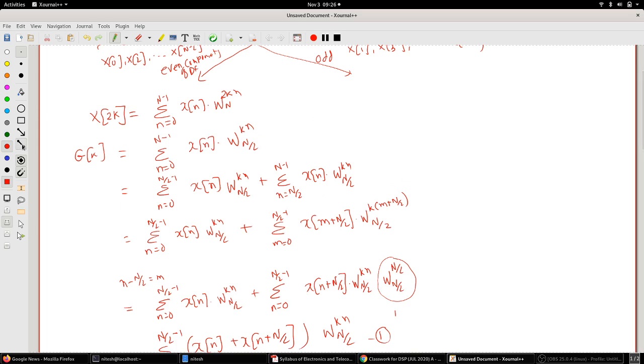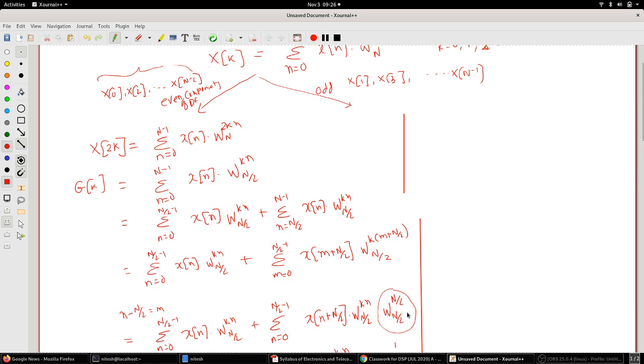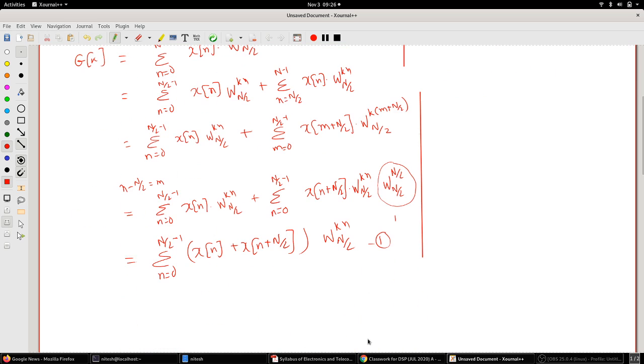So let's look at the second equation on this side of the curve. So this is your even components. Okay, this is the first one you get. Now here your k value, this is equal to g of k, where k values are k equal to 0, 2, 4 till n minus 2. Okay, this is your k values which you are getting.